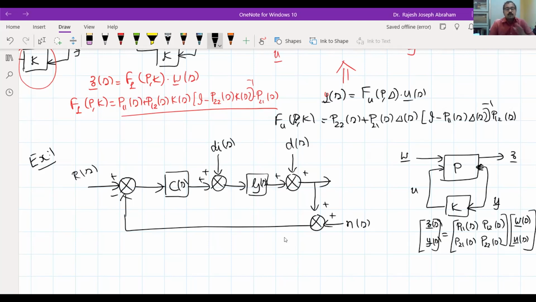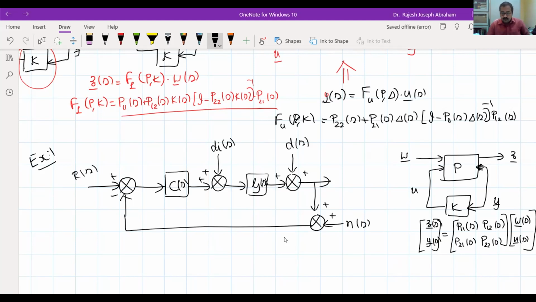First, we have to cut open the controller part. What's the controller here? It is C(s). By the way, what is G(s)? G(s) is the nominal plant, and C(s) is the controller. Right now there is no perturbation delta here. You have only the controller and the plant. That is why we are considering LLFT, lower linear fractional transformation. Had there been a delta block here, you should have considered the delta block also.